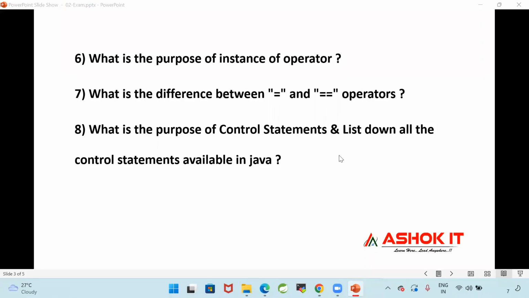And list down all the control statements available in Java. Completed. I will check after the session.